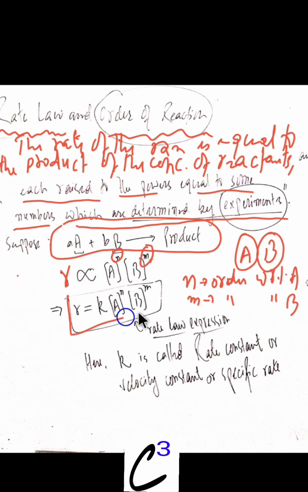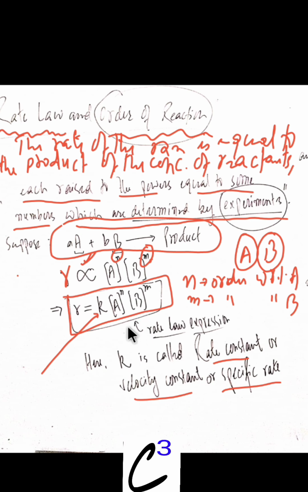This is the rate law expression. Okay, and if this direct proportionality is converted into equality, there is some constant term small k, and this small k is a constant of proportionality, and it is called the rate constant or velocity constant or specific rate of this particular reaction. Okay, so this is the expression of rate law. And this n can be equal to this small letter a, but generally they are not equal. Okay, and this n and m can be known only from experiments,